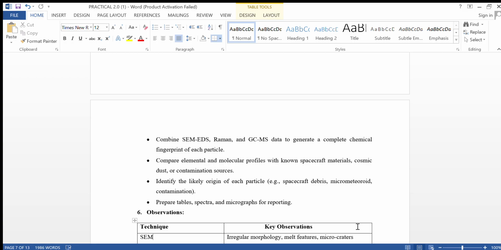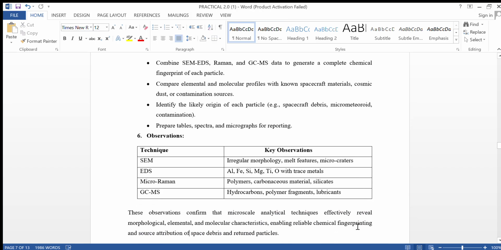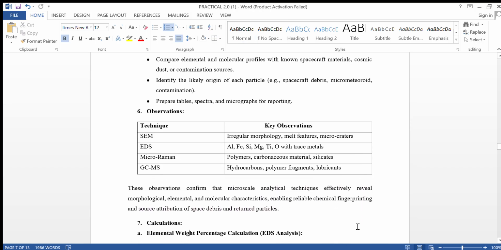Compare elemental and molecular profiles with known spacecraft materials, cosmic dust, or contamination sources. Identify the likely origin of each particle, for example, spacecraft debris, micrometeorite contamination. Prepare tables, spectra, and micrographs for reporting. These are the observations: SEM, irregular morphology, melt features and microcraters; EDS, Al (aluminium), Fe (iron), silicon, magnesium, titanium, and